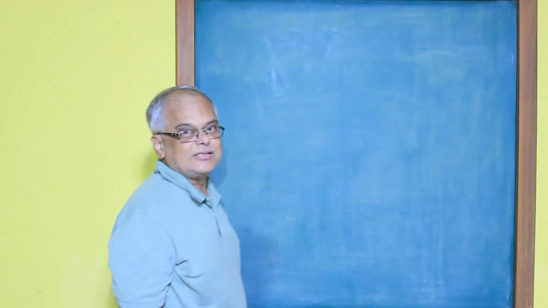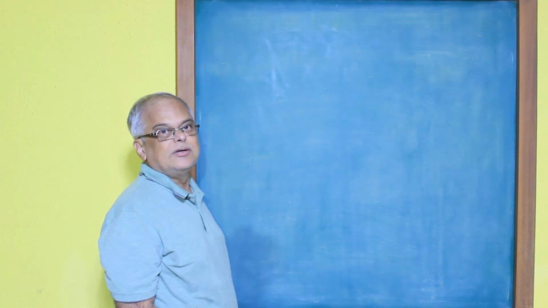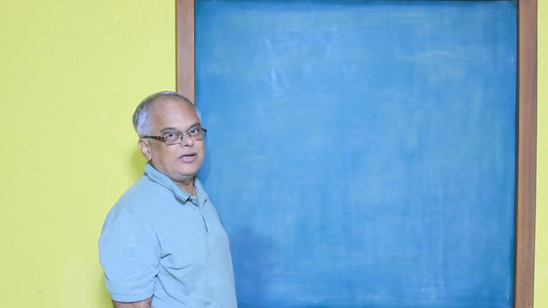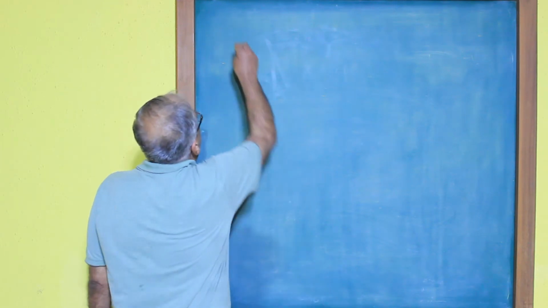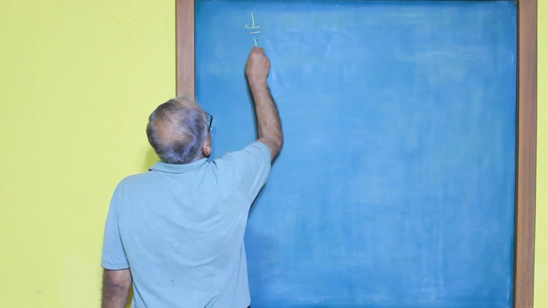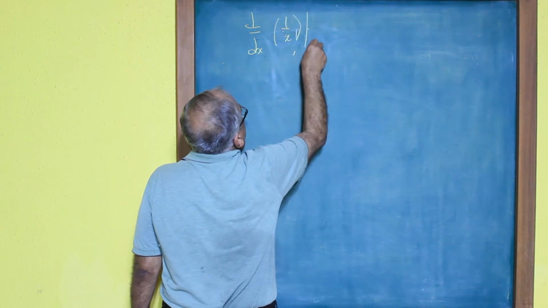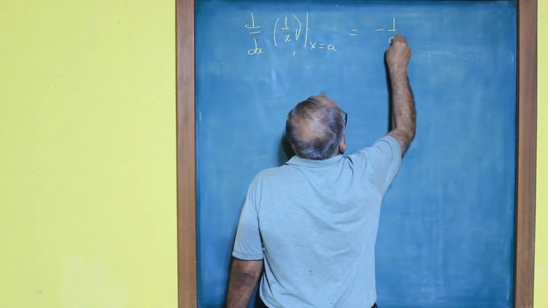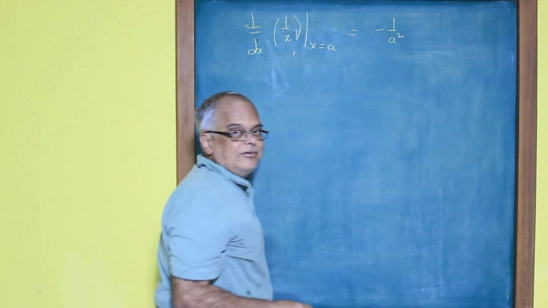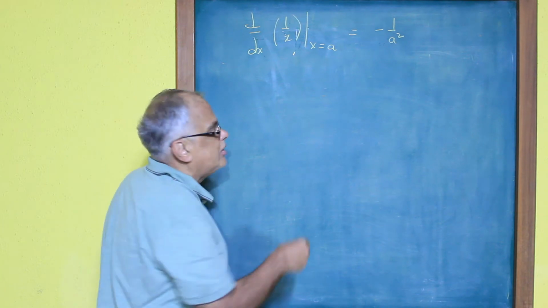So we had seen last time that the derivative of the inverse map is d by dx of 1 by x is minus 1 by x squared. So d by dx of 1 by x evaluated at x equal to a is equal to minus 1 by a squared. And the general statement for matrices is that